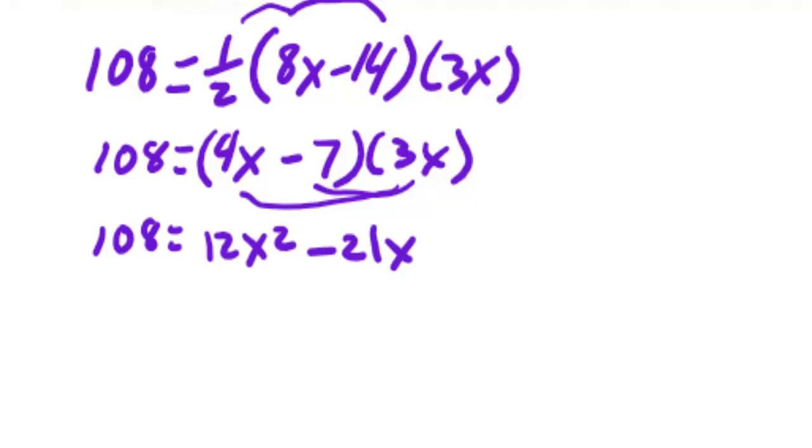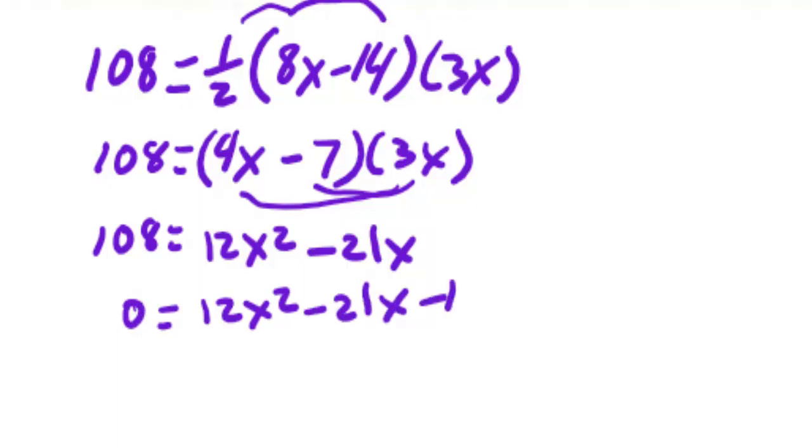And now I want to subtract 108 from both sides. 12x squared minus 21x minus 108. All I got to do now is solve